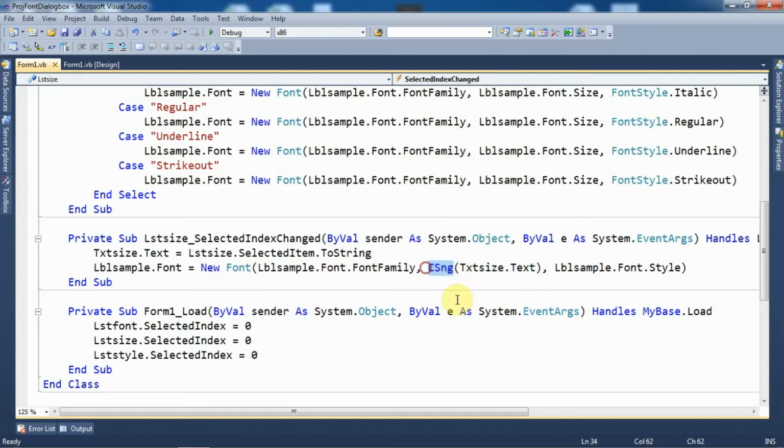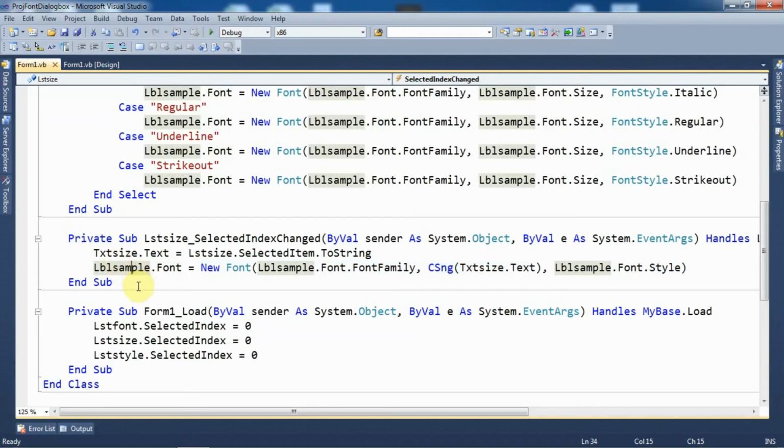This CSng conversion function will convert the text or string value present in the text box control into the Single data type. And the third argument is the font style, which is to be the same as the previous one, so I have written lblSample.Font.Style. Again, with the help of this statement, the Font object will be created and the value will be assigned to the Font property of the lblSample label control.